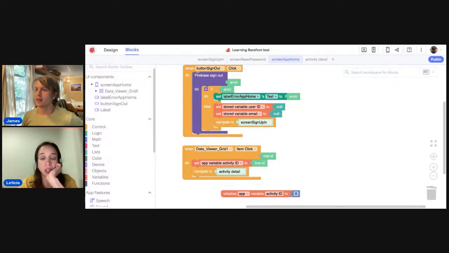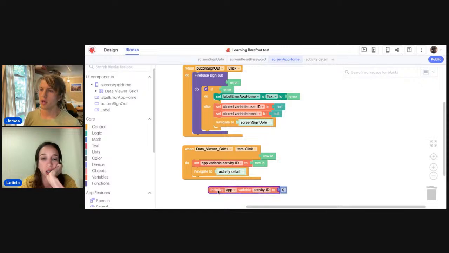But what about this here? It just stays here floating, or should it connect somewhere? Let me explain. That's a great question. These big orange things are events. So when something is clicked, or when something changes, then do this.